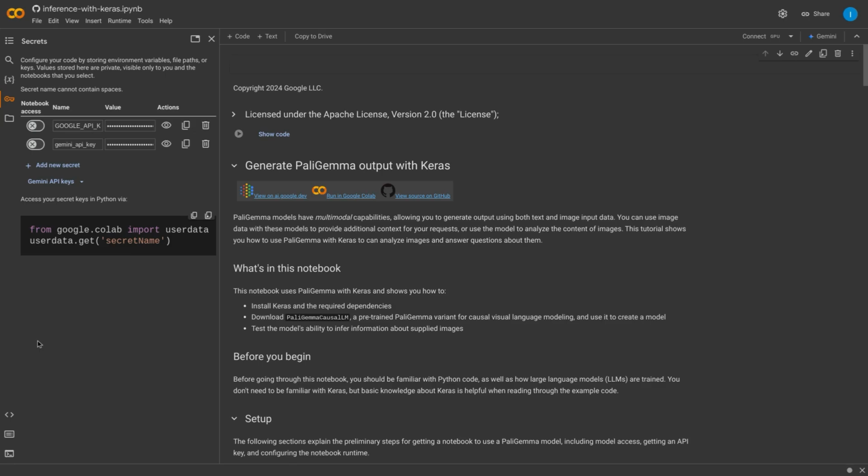Explain the secrets management. Okay, let me explain the secrets section in the notebook. This section allows you to securely store sensitive information, like API keys. You can add secrets using the +add new secret button and access them in your code using from google.colab import userdata and userdata.get('secret_name'). This way, your sensitive data isn't hard-coded in the